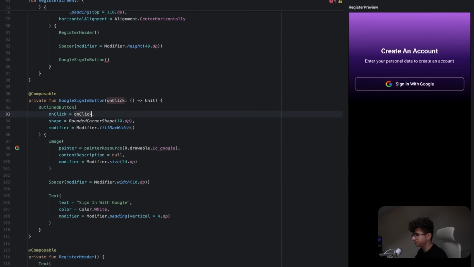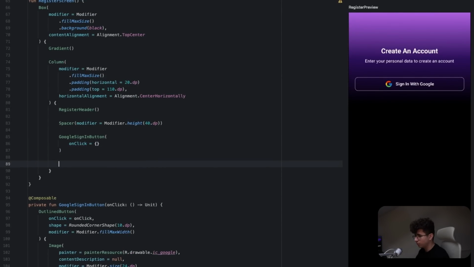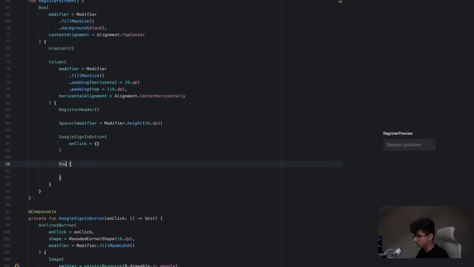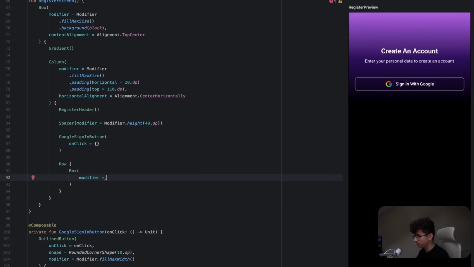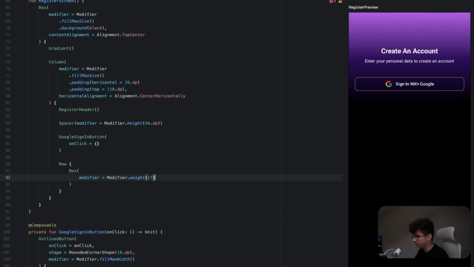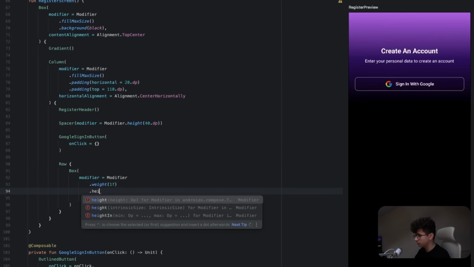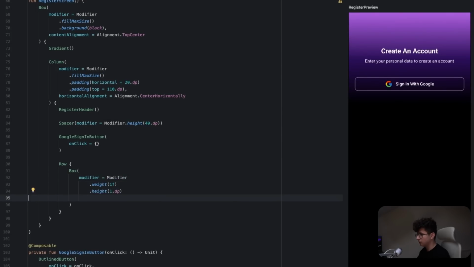So let's say on click, and we will leave it empty for now. Okay, and if you remember in the design, we have the "or" that has 2 lines next to it. So we will create that right now. Let's simply say Box, and this will be a modifier that will have a weight of 1f. Let's also set the height. So height is 1 dp, and the background color will be